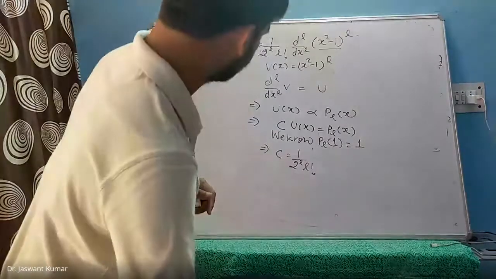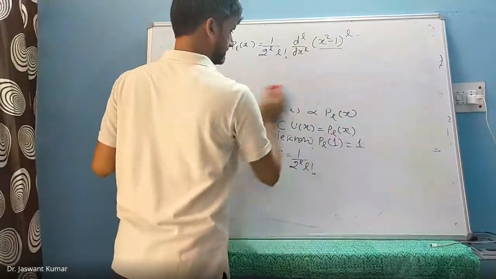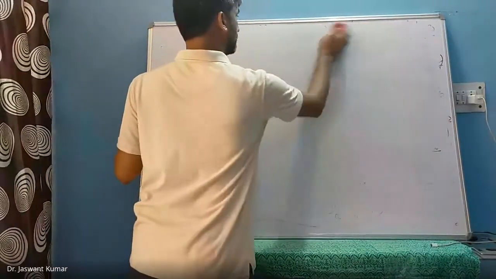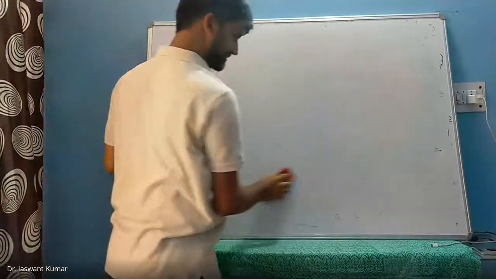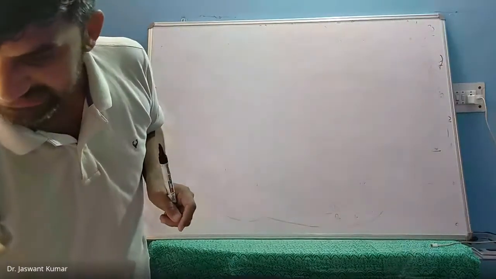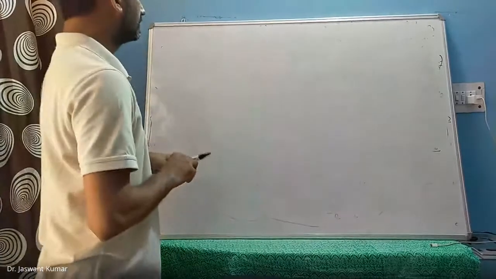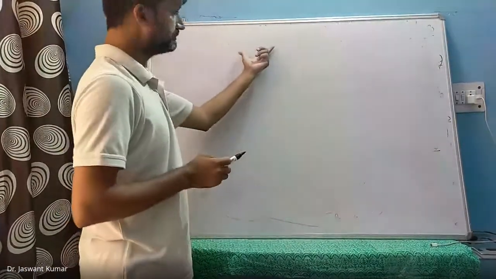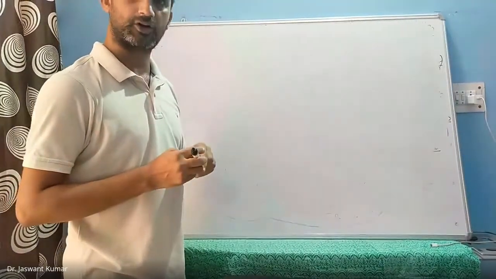So if that is all right, in today's class, I have already sent you the notes. So what we are going to do is understand how to understand those notes. In today's class, the first thing we try to understand is something called a generating function. We try to determine if some mathematical expression is the generating function for Legendre's polynomial or not.